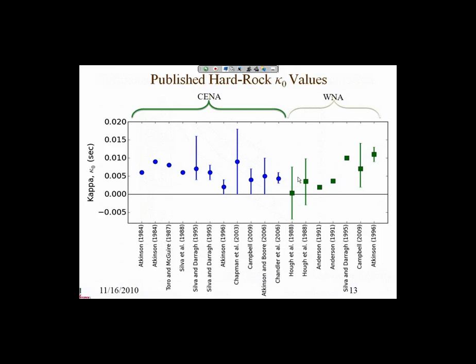Now, some of these estimates are means based on a range, so actually they represent more than a single value, but we've tried to display it thanks to Albert. Actually, Albert put together a lot of these plots. It turns out to be very useful. So basically the ones from CENA are blue. So you can see they vary between almost 0 up to about 0.01 for hard rock in the east.